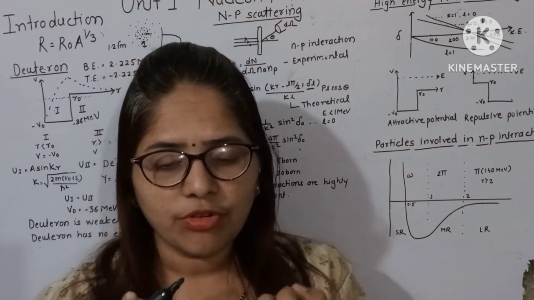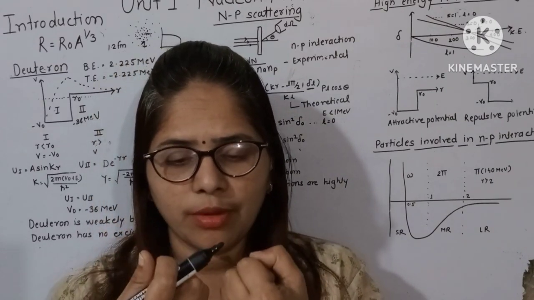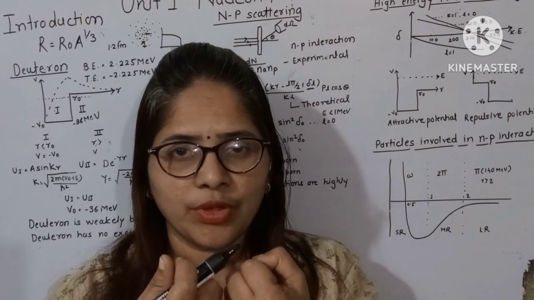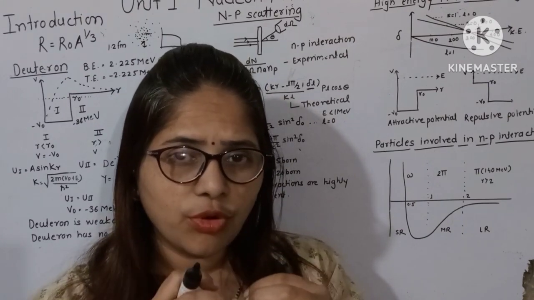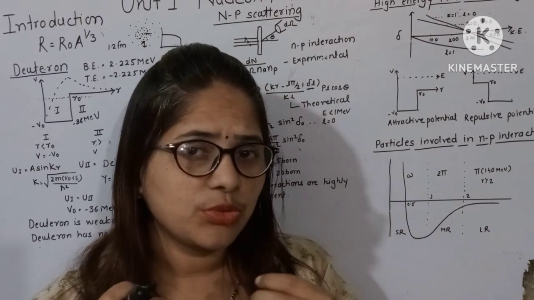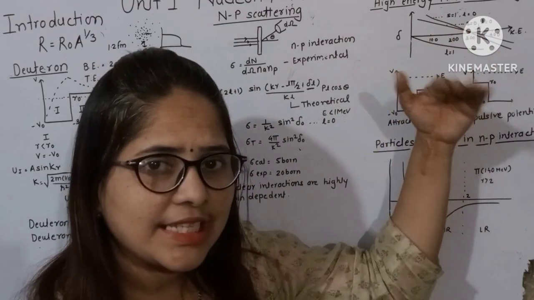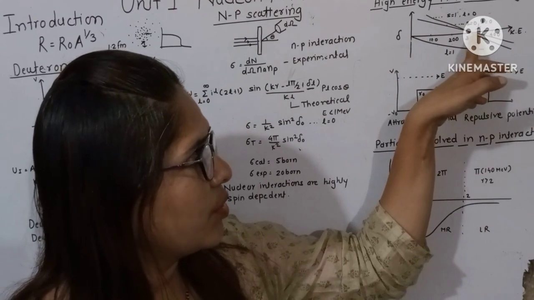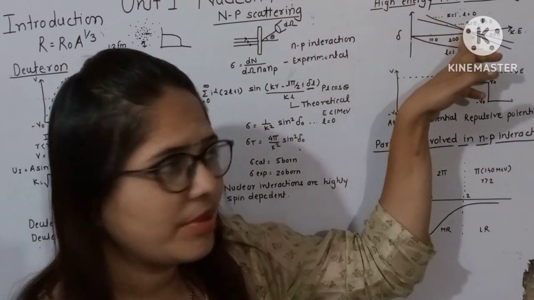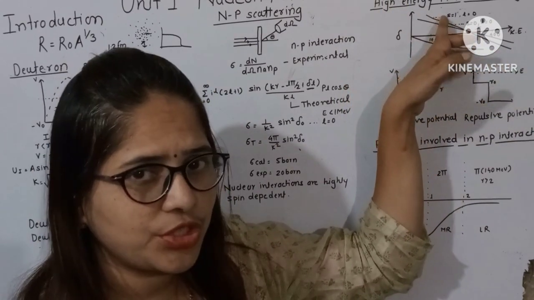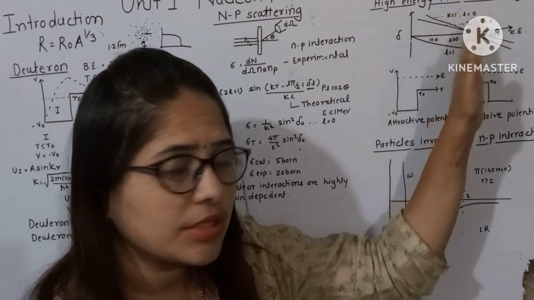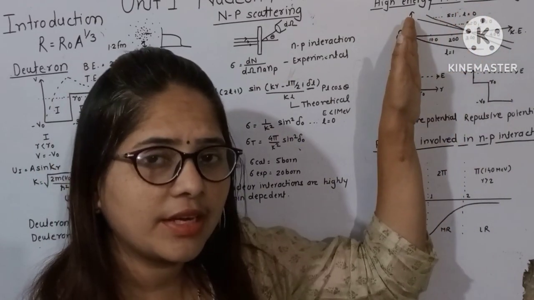So you cannot force a proton and neutron beyond a certain distance. The force of repulsion between these two starts, and that is the point where the phase shift delta changes its sign. So below this 300 MeV